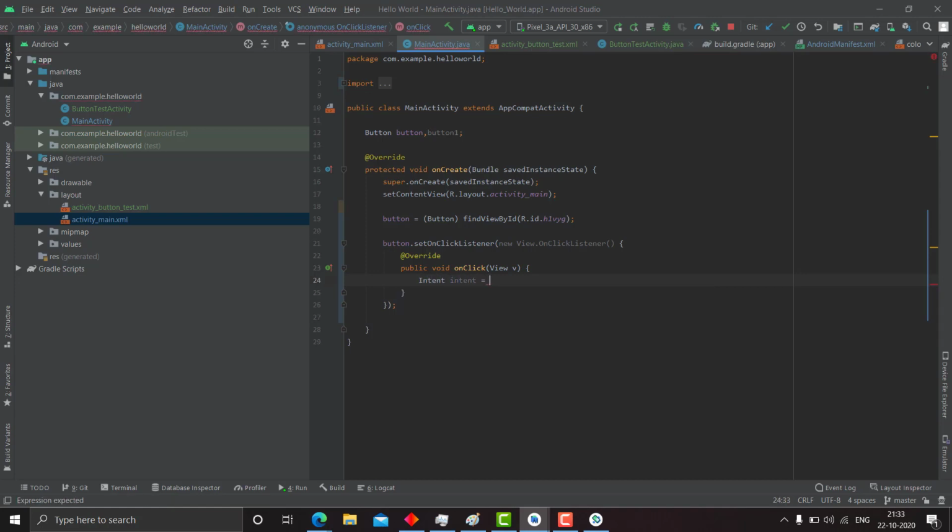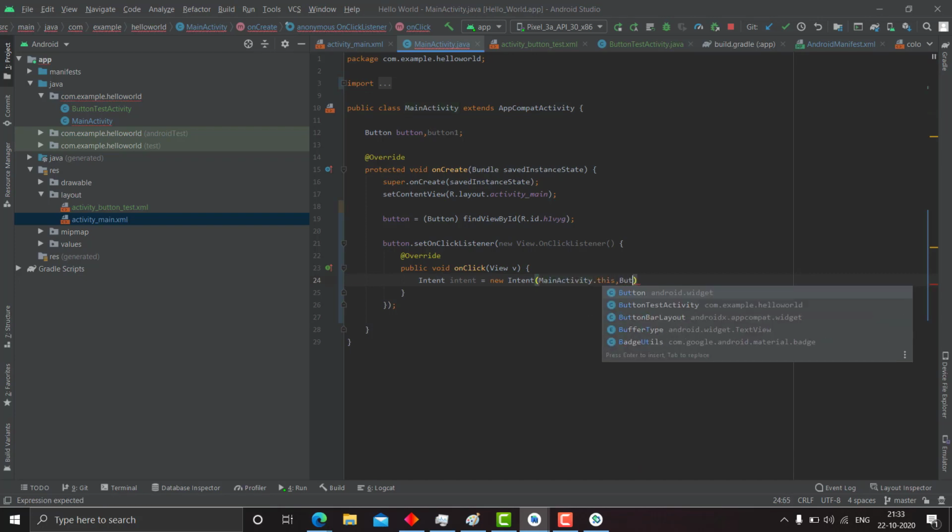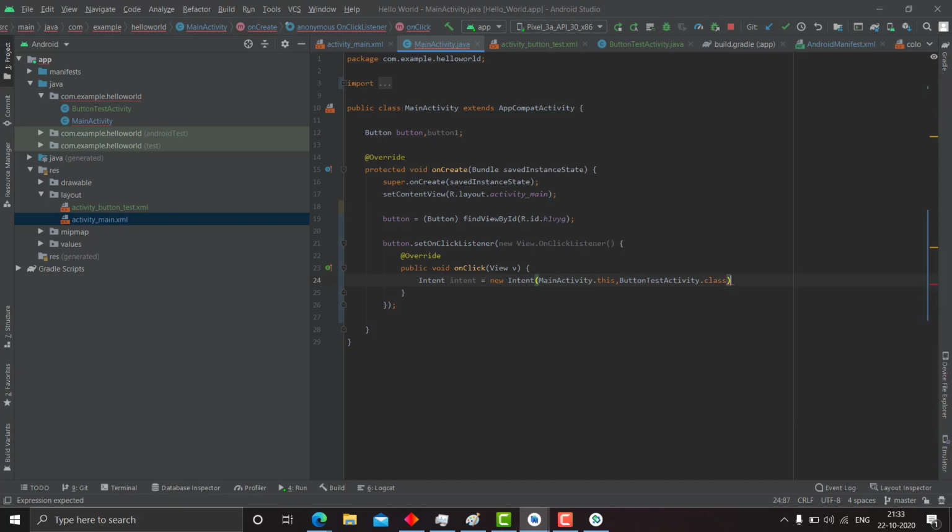You can Google the actual meaning of intent, but for now, just take it that it can pop up something, or it takes you somewhere. It's like a router, if you know. It routes from this main activity to somewhere. So Intent = new Intent from MainActivity.this to ButtonTestActivity.class, and then we write startActivity with this intent, and we are done.